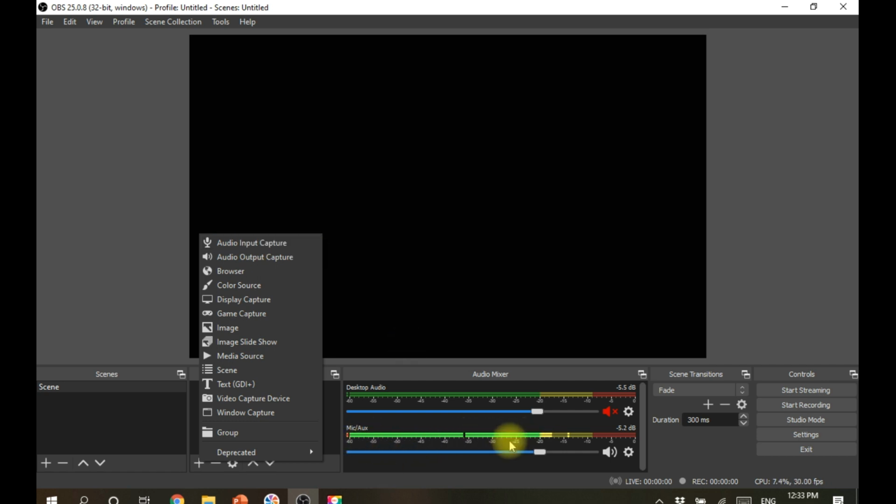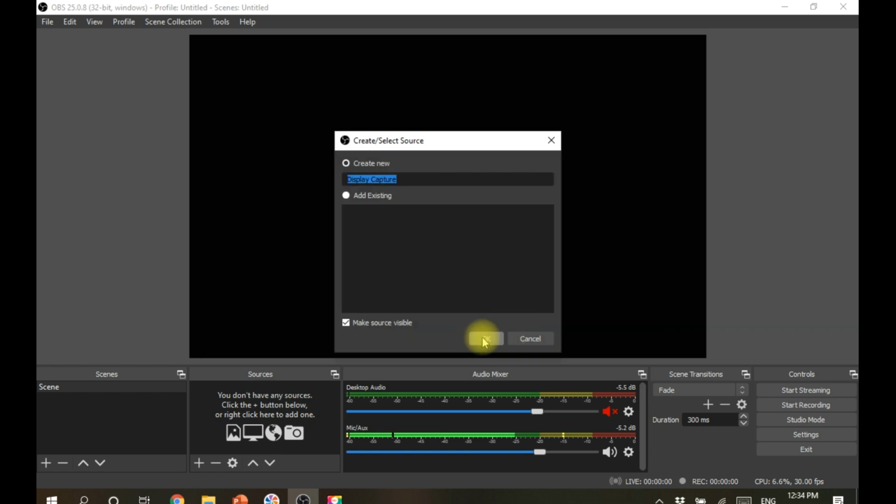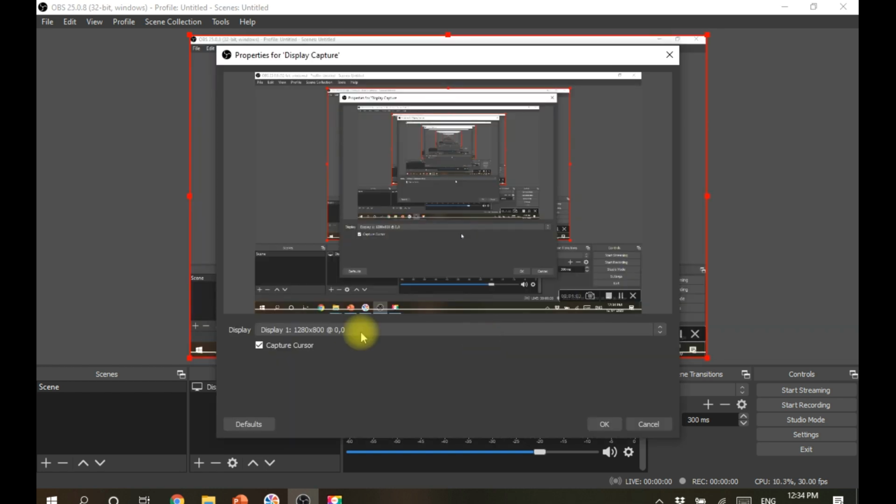If it is not sensing, you can check audio input capture or audio output capture, browser, color source, etc. Here we are going to take screen recording, so I am taking Display Capture, then press OK. A window will come like this. Then click OK. Now the window is ready for capturing the screen.